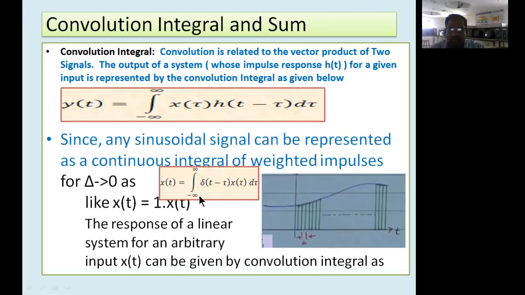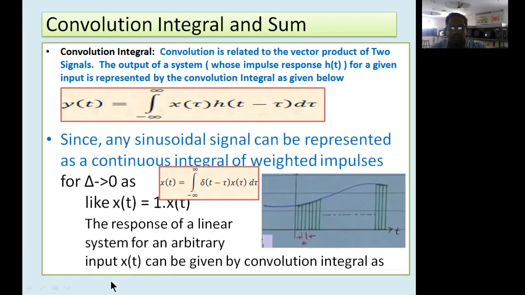Now another important point is that we can go for convolution under the limitation that this delta, the sampling interval, the difference between the two samples, becomes equal to 0. Then we normally get an impulse response, and that impulse response we use as h of t minus tau, which is used in the multiplication process with the signal to get the overall output